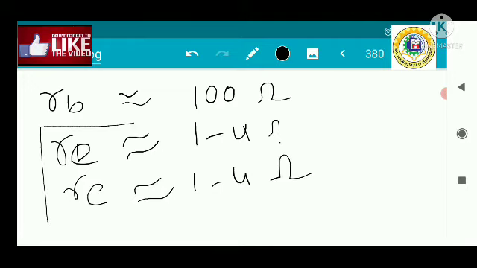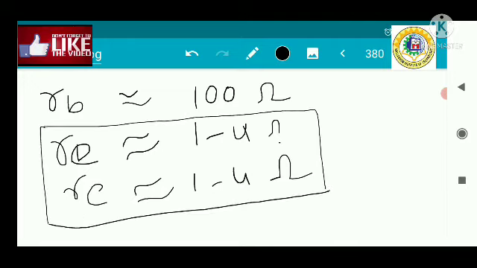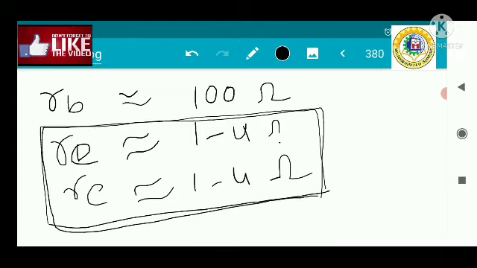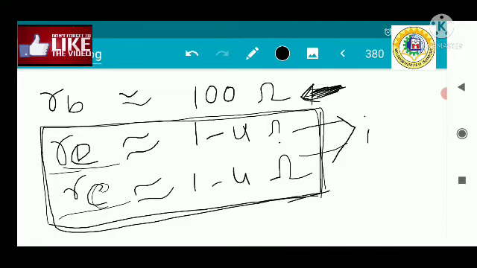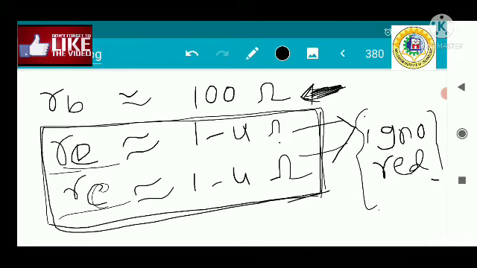You can easily see that these two resistances Re and Rc have evolved due to the contact between the semiconductor and the metal junction. You can consider a little bit of this resistance, but these two resistances can be ignored. Whenever we plot the model, we can ignore these resistances. This resistance Rb has the highest value.